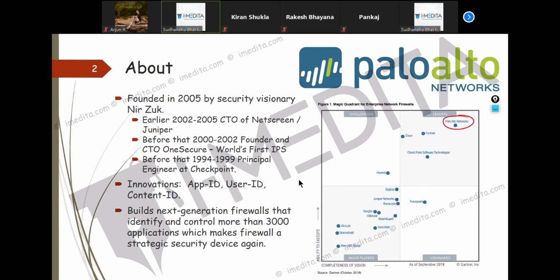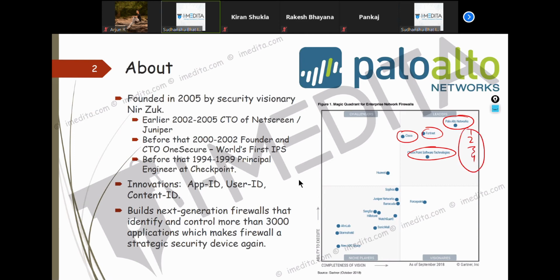I'm not debating whether Palo Alto Networks is number one or not, but at least these four will be one, two, three, four. Let's not order them in any order.